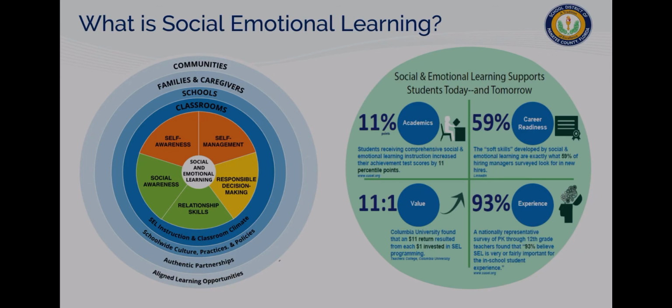The good thing is, I know what I need to do to better my decision making, but I also know that we can teach all of these skills. These are all teachable skills. So we can implement, and by implementing, research shows that you can gain an 11% increase in your academic achievement scores